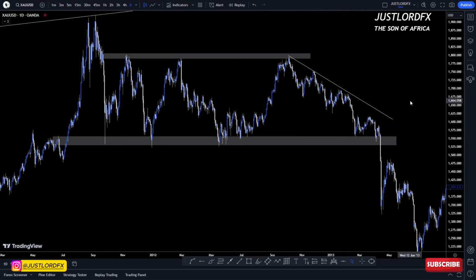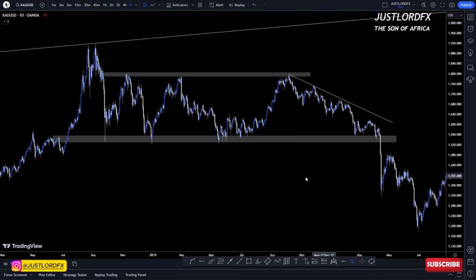Either the market will break above or below is when the market started printing lower highs. Let me use this one for example. You see the market was printing equal highs and equal lows, but when the market was about to break below, you see the market was printing lower high, lower high, lower high. Then from there, boom, the market just broke below. You can see that the market has changed direction, and now support is acting as resistance. As simple as that. So you have to know your entry rules, to know your